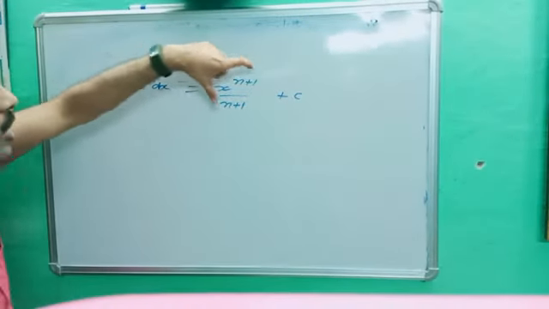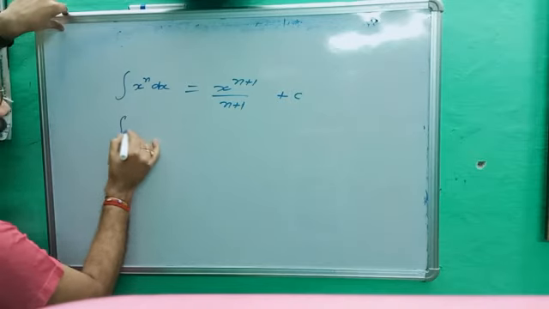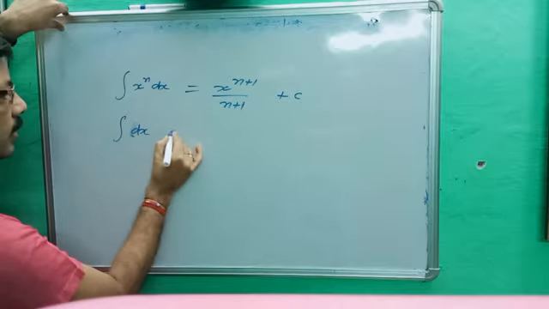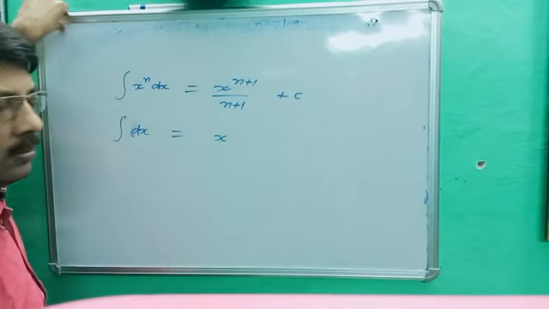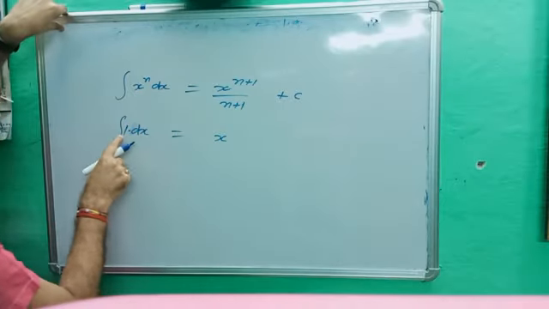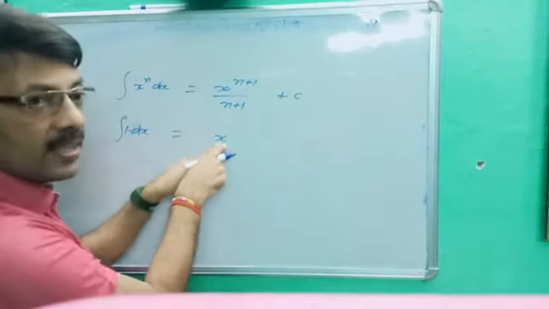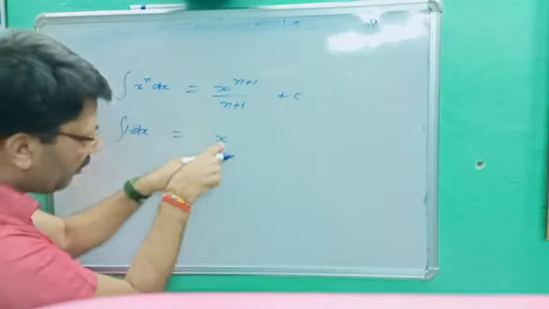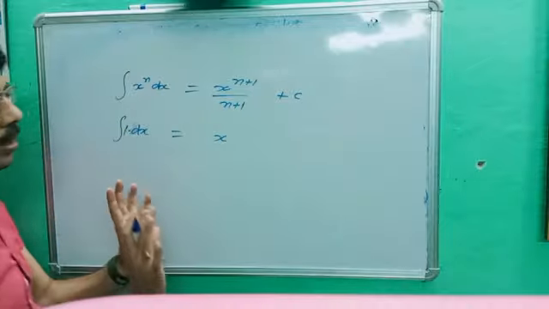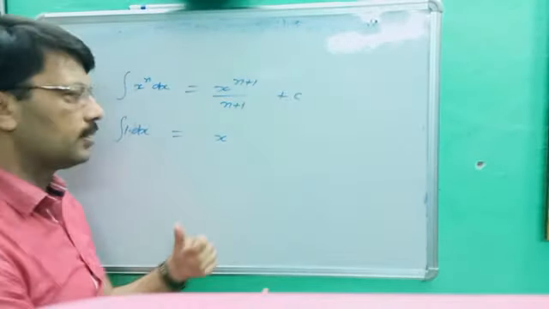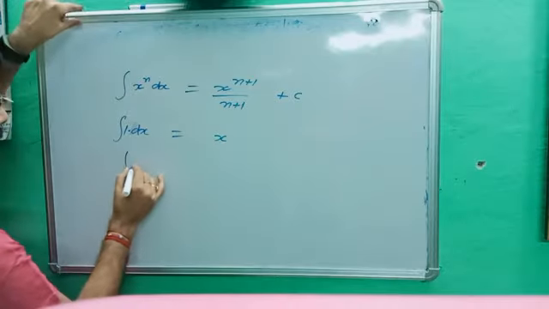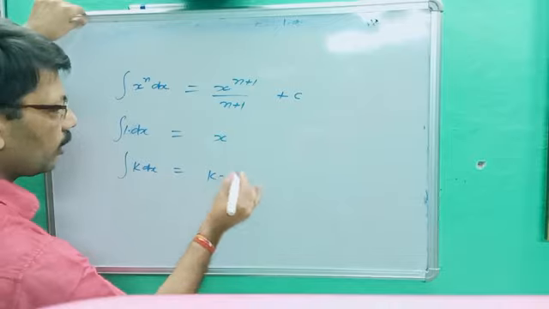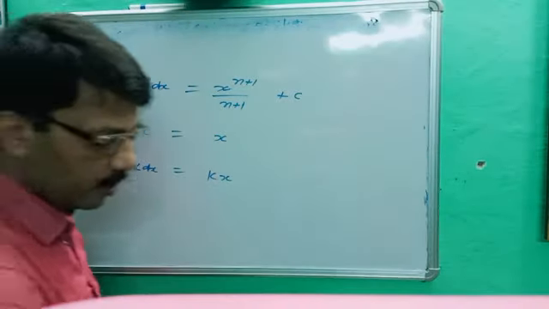Next, mostly you have to use this one. Second formula: integration of dx is equal to, keep in mind, x. If you want, you can put 1 dx. Integration of 1 dx is equal to x. What is the differentiation of x? You better know, the differentiation of x is equal to 1. Its integration is x, so its differentiation will be 1. Or directly you can put dx. The integration of dx is equal to x. Next point. Integration of k dx is equal to k common, and integration of dx is x. Are you getting it? Plus any constant, if you want, you can put any constant.